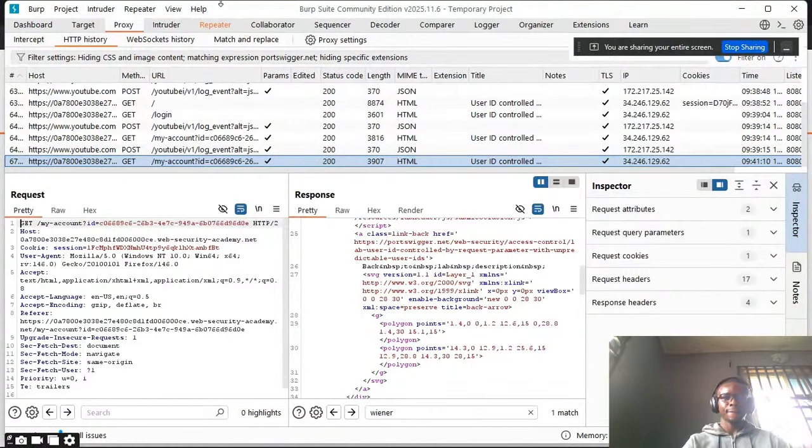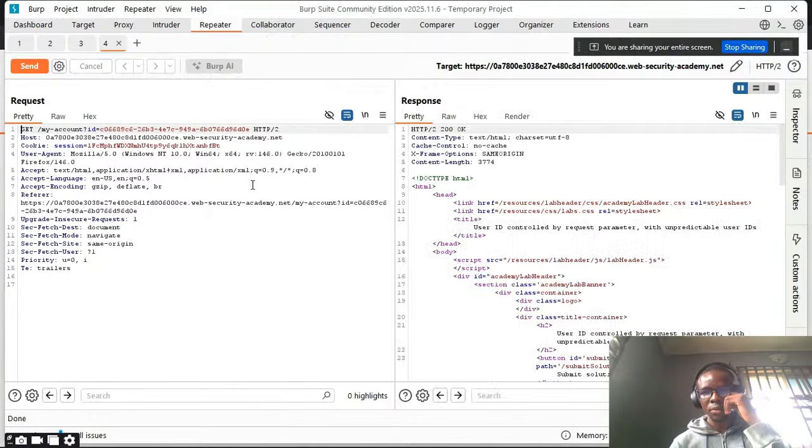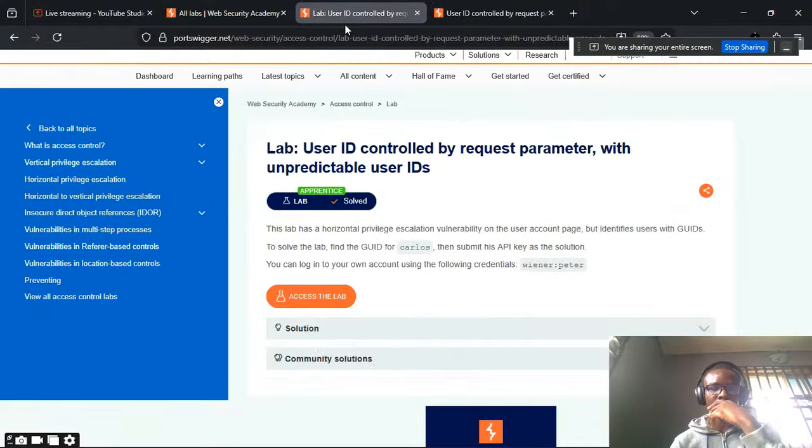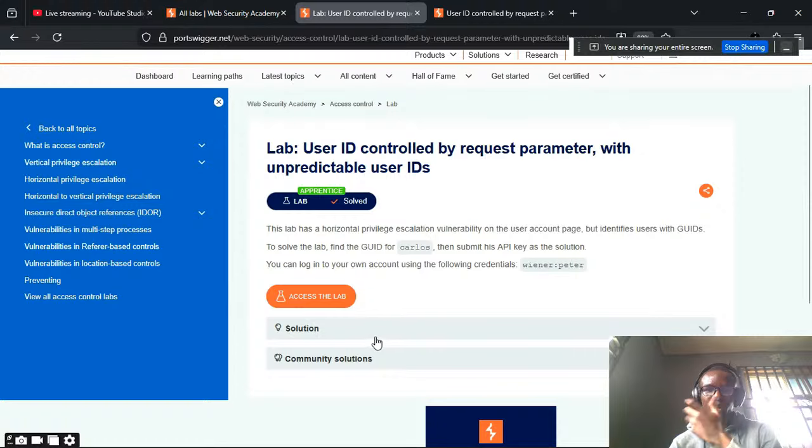Send to repeater, of course. Now this email is updated. I come to the repeater. I send this. Okay. Sometimes if you're doing this practice on Portswigger, don't just rush into the solution because you always think